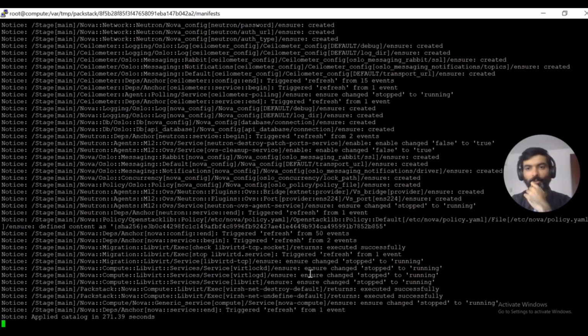This is a really important file, policy.yaml, guys. It is etc nova policy.yaml. So if we are not aware, just like to highlight here, OpenStack uses